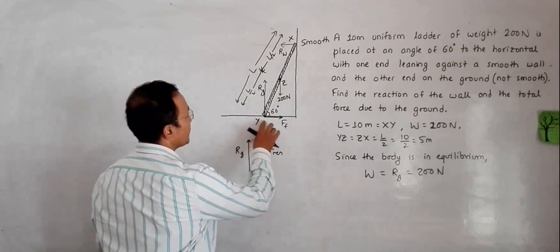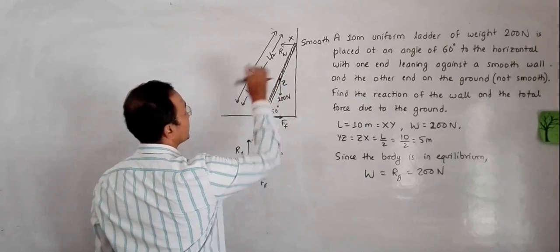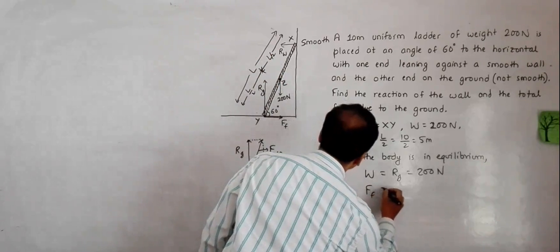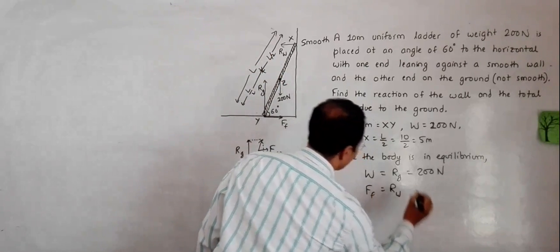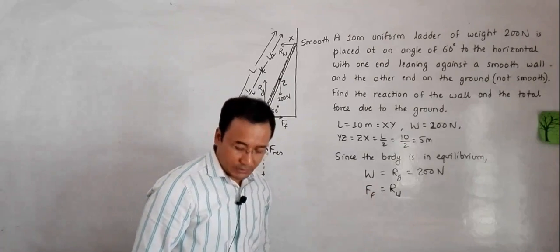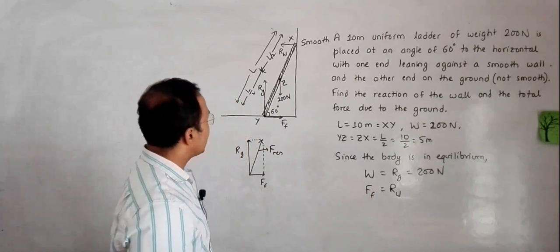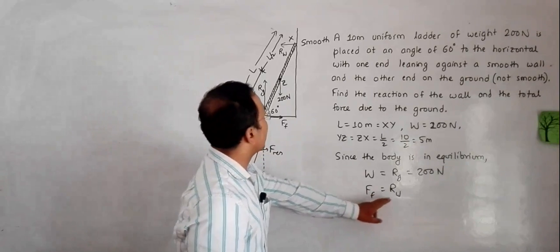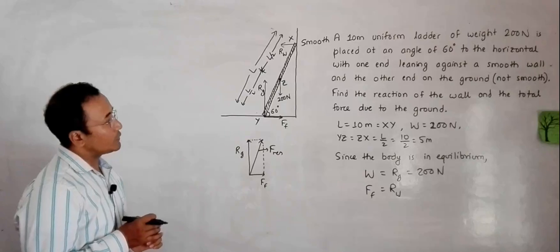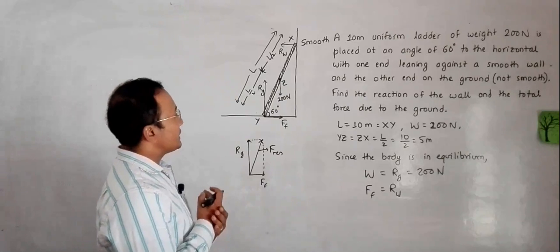So here we have no force to the left, but here we have, so we must have frictional force equal to Rw. So frictional force and Rw are equal to each other. Still, we don't know the value yet, but they are equal to each other. So now, what we need to do is, since the body is in equilibrium,